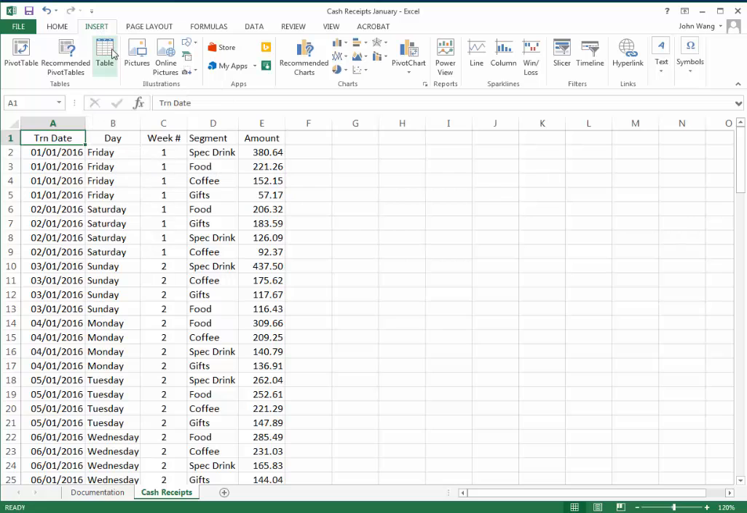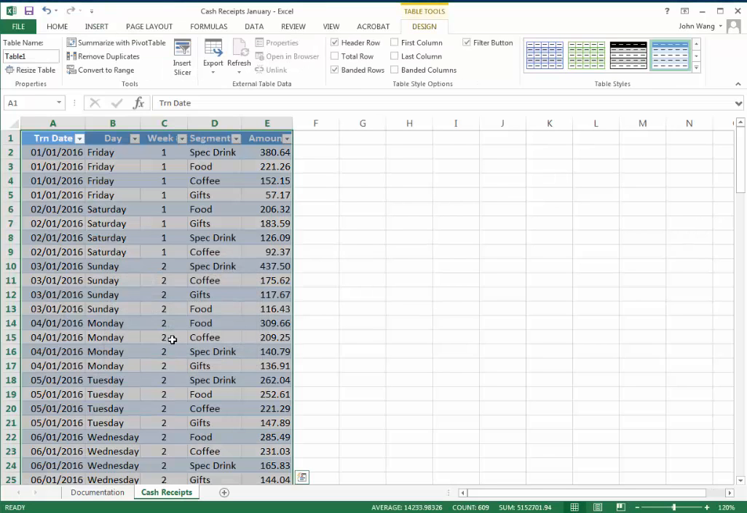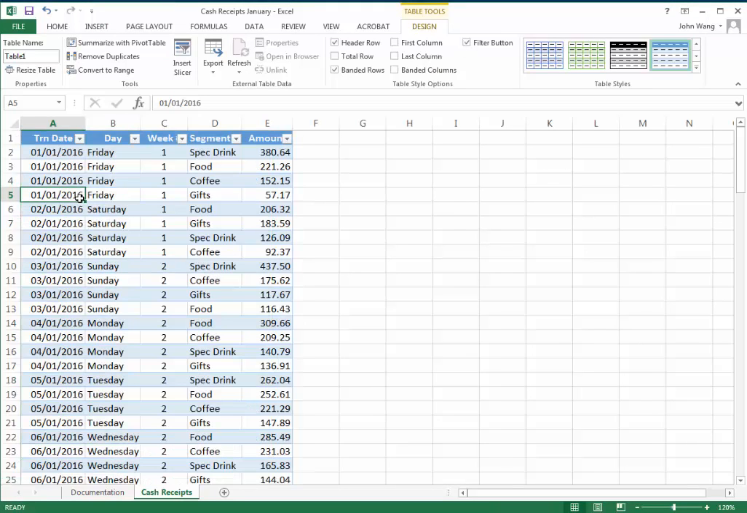If you click on the Table button, it will give you an automatic guess, and it's usually pretty accurate, of what the data range you wish to have. You will also see that there is a check mark on My table has headers. You want to keep this checked so that the headers will automatically be selected when you click on OK. So we'll click on OK here, and then you can select any of the cells within this table, and you